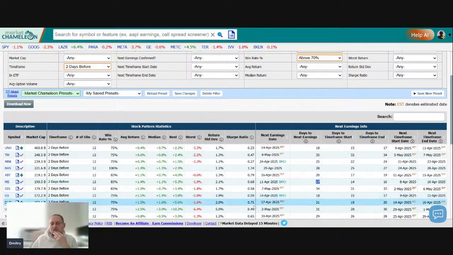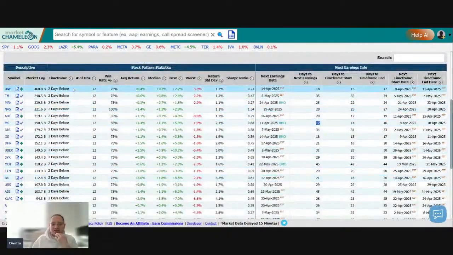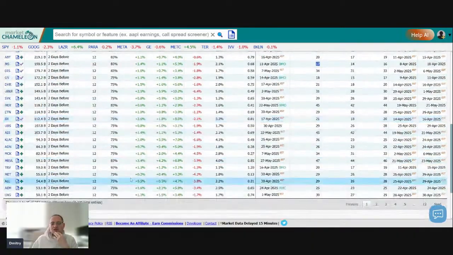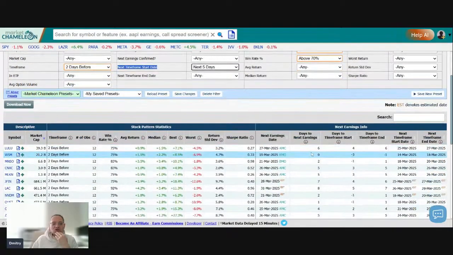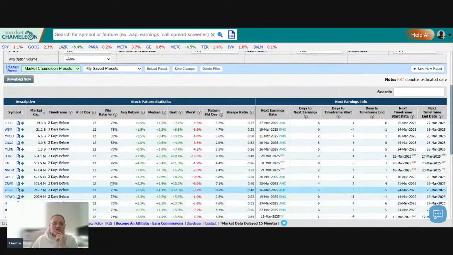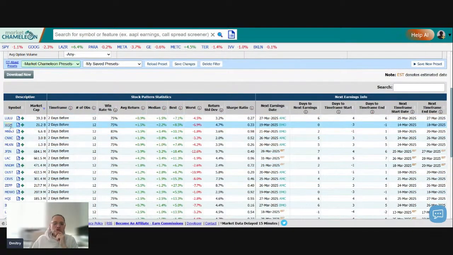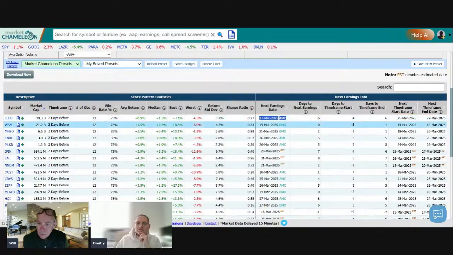Now, let's say we wanted to see something that was coming up that fit these parameters, right? So the next time frame start date, let's say if anything's coming up in the next 5 days. So here, now we have a list of stocks that met these historical parameters, right? Like Lulu, WSM, all these. You can see they met the historical parameters here, and the earnings are coming up,